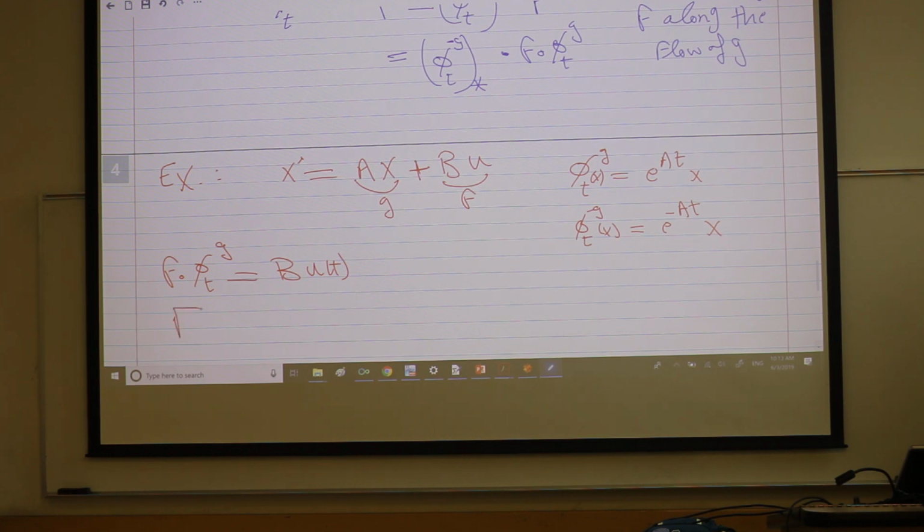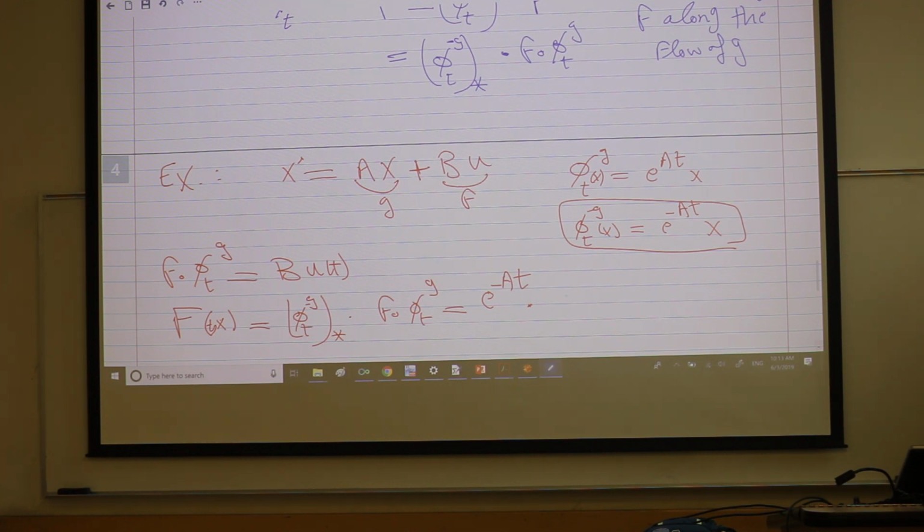Now I need my large vector field F of x or z, it doesn't matter, and it has time. This is the flow of G inverse, push forward, times whatever we got. So this is the flow in reverse along G. The push forward is the Jacobian. Just differentiate with respect to x. So this is e to the negative At times